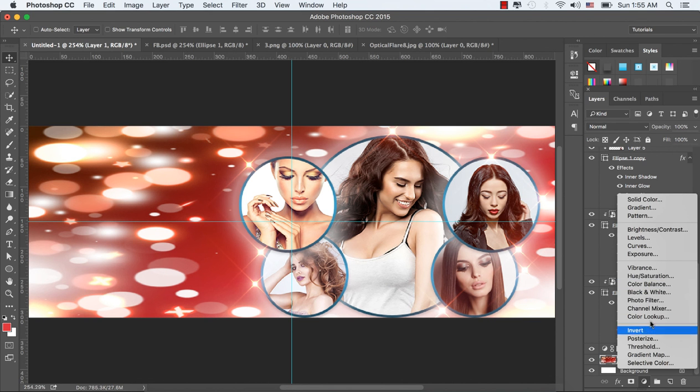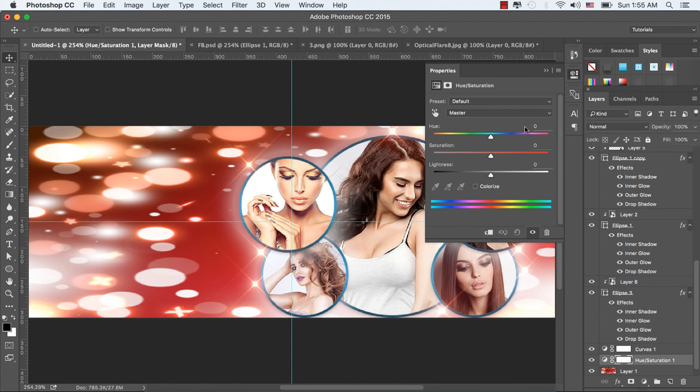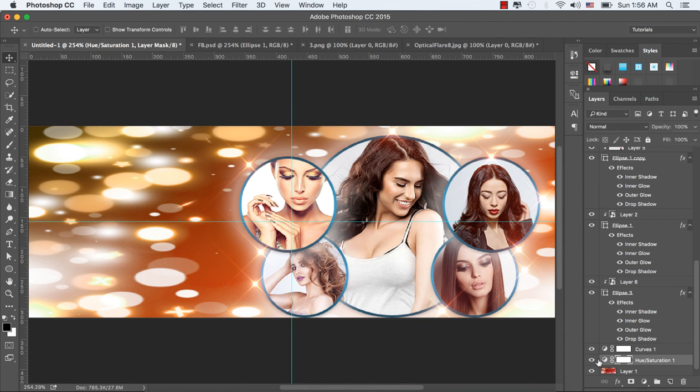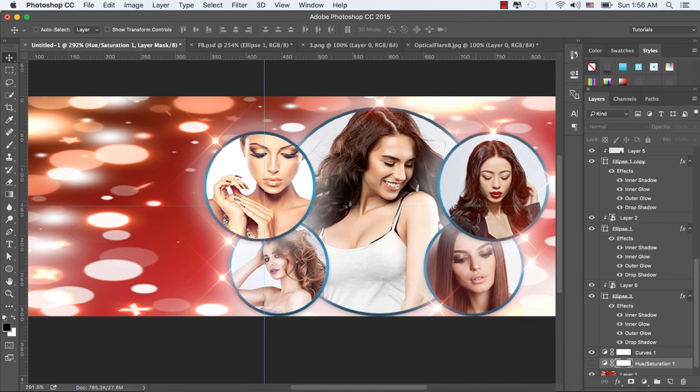Let's select the adjust menu. From there select hue and saturation and let's drag the hue button left and right and you will see the color of our background image is changing accordingly. Blue to green to pink to red, and you can change it as you like. We turn off this adjustment layer of the hue and saturation.